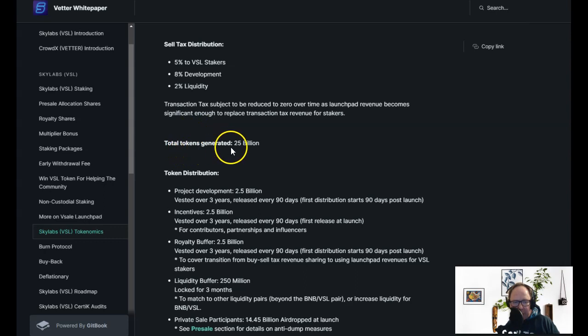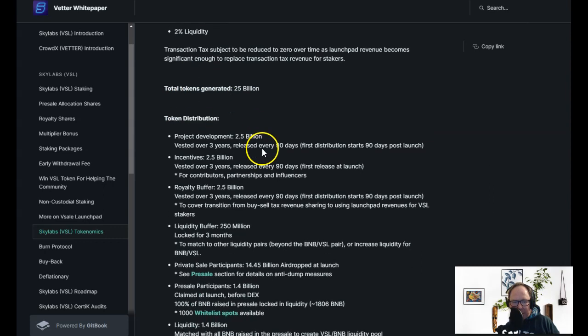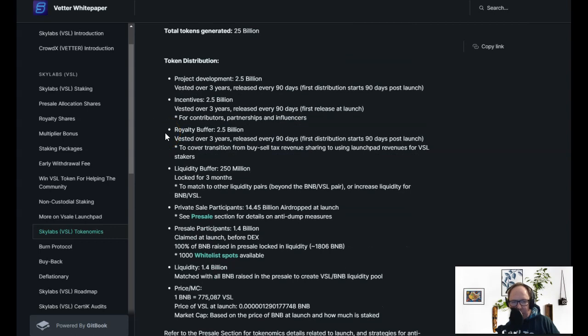Total tokens generated is 25 billion. Token distribution: project development is 2.5 billion, vested over 3 years, released every 90 days. First distribution starts 90 days post-launch. Incentives, 2.5 billion, vested over 3 years, released every 90 days. First release at launch for, asterisk,